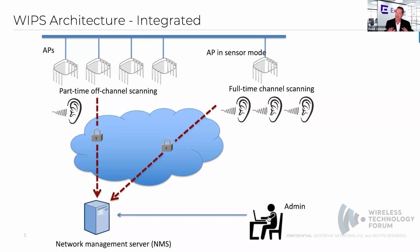So let's talk a little about the architecture. Today, most people have what is called an integrated WIPs architecture. And what I mean by that is maybe the actual server solution or software is integrated into a network management platform or is integrated into a controller. But even more importantly, they're not using overlay sensors, and they're using APs as part-time sensors, part-time scanning for potential attacks. And every wireless vendor has some sort of RRM mechanism for adaptive RF capabilities. But when they do the off-channel scanning while providing access as well,